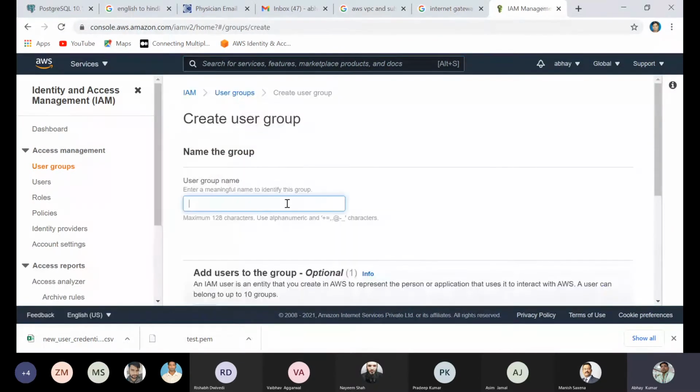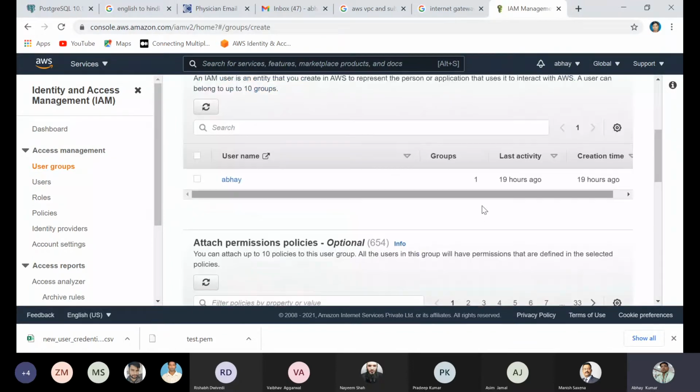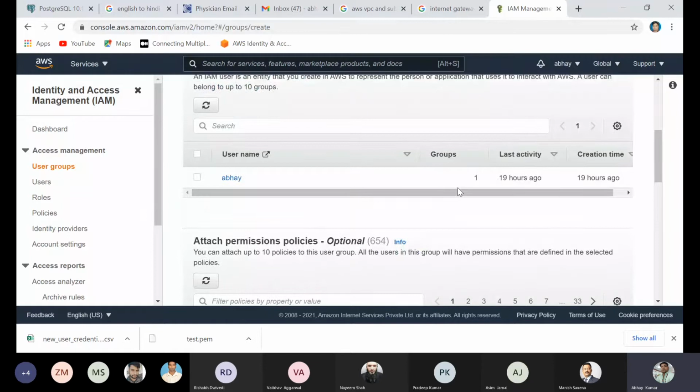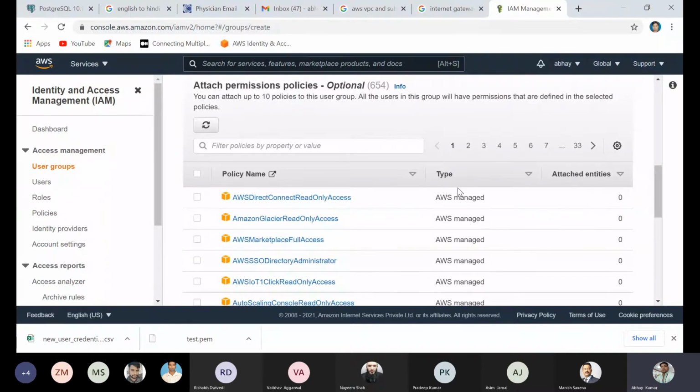Create user group. You can name it something like DigiFlant, or DBA. That is my group. You can add users here, or add them later. If you have a user and you want to add that user to a group, you can do it here. If you don't have a user, you can create a user later, and you can create a group without a user.